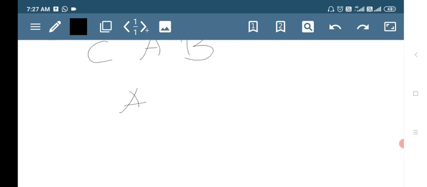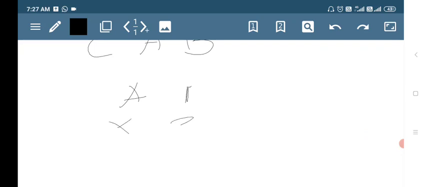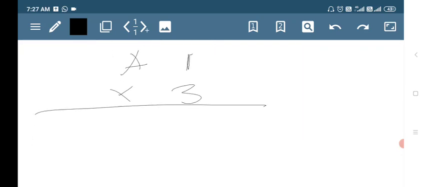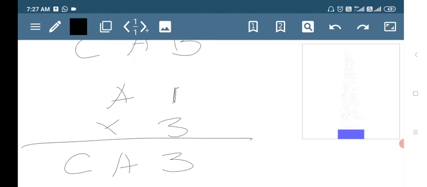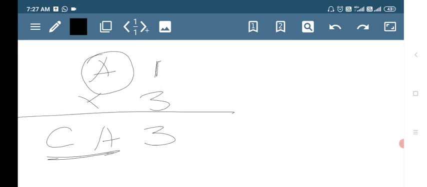So A 1 into 3. Now we will take 3 ones, the value should be 3, C A and B. 3 ones are 3, I took. Okay. So now I should get 2 digit numbers when I multiply with A, ending with the same digit. So in the next, what could be the possible values of A to get the 2 digit number, and the second digit must be A itself?